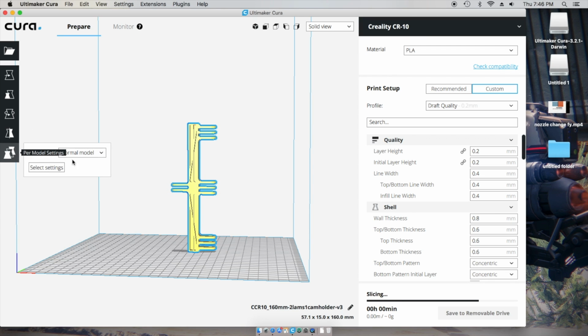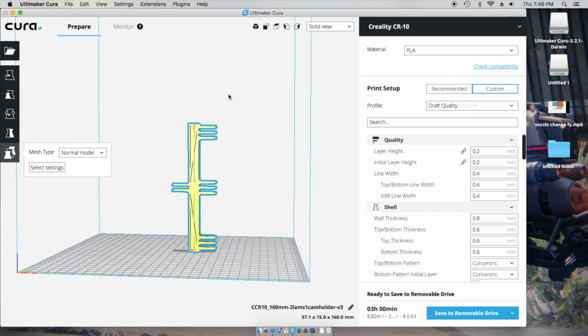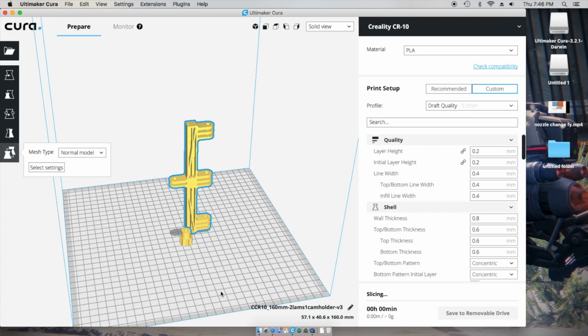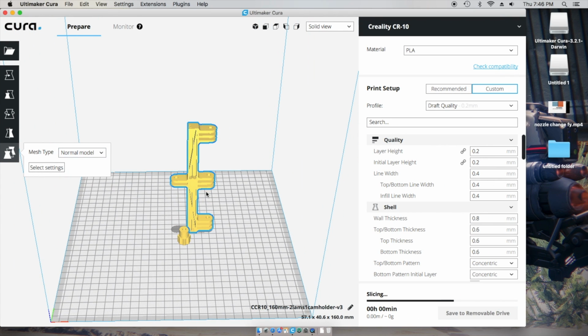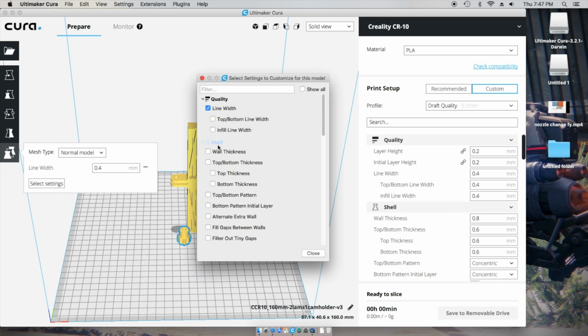This feature right here, I usually use it when I have multiple prints. So let me go ahead and load another one in here. Okay, so now, for example, I have two models here. Depending on which one you have selected, I'm going to click on the little one and go to Select Settings. What this does is, if you want one model to have one particular set of settings and the other one to have different settings, let's say you want to change the line width on this one, or let's say you want to,